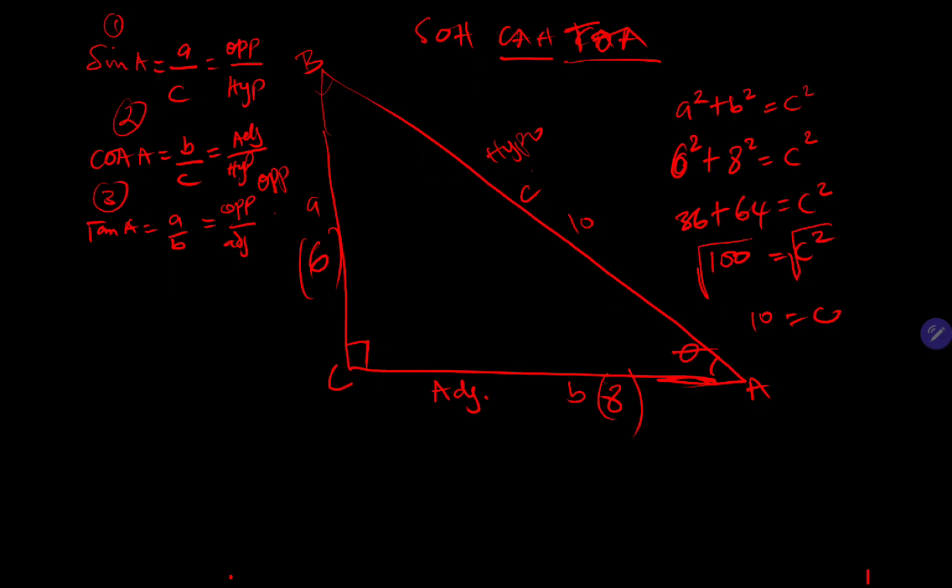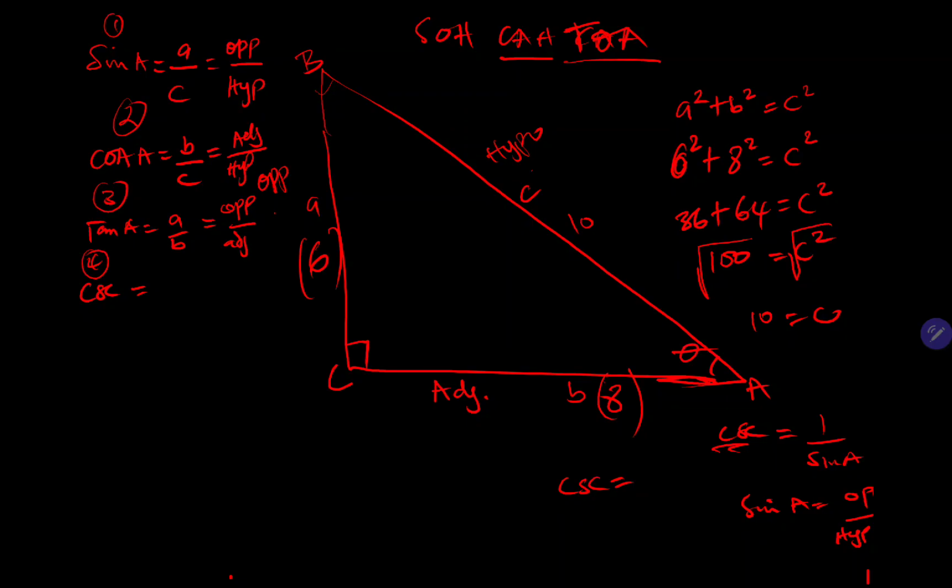Okay. Then the fourth function is called the cosecant, represented by CSC. Okay, this is the inverse of the sine. So you can say the cosecant CSC is the same thing as 1 all over sine A. And if sine A is equal to opposite over hypotenuse, it then means that if you cross multiply, cosecant is equal to